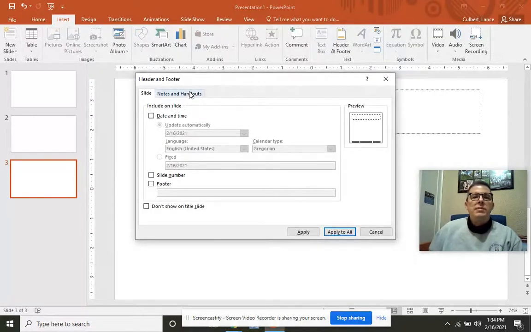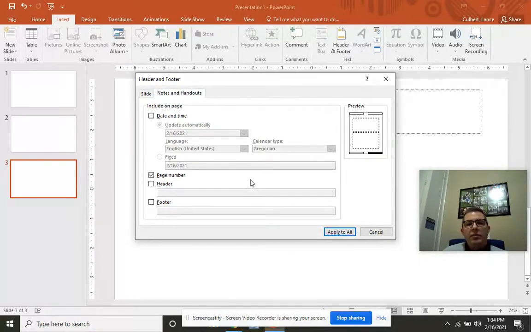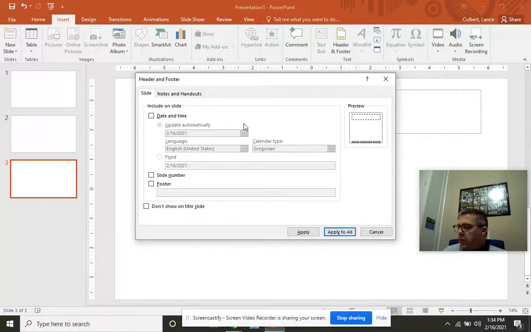Okay, this brings up the header and footer dialog box, and that is going to allow you to do something on a slide, which will be visible on the screen, or something on notes and handouts, which will be on notes and handouts when you print those out. So we're going to go to the slide. In the footer of the slide, what we want is date on the left,